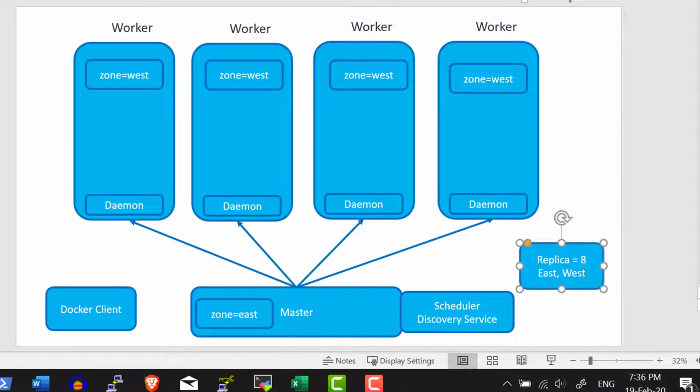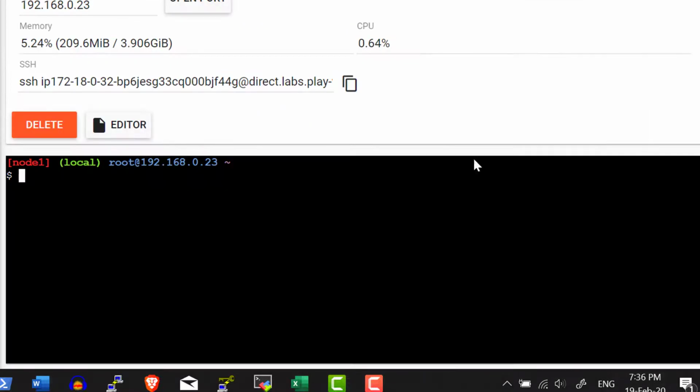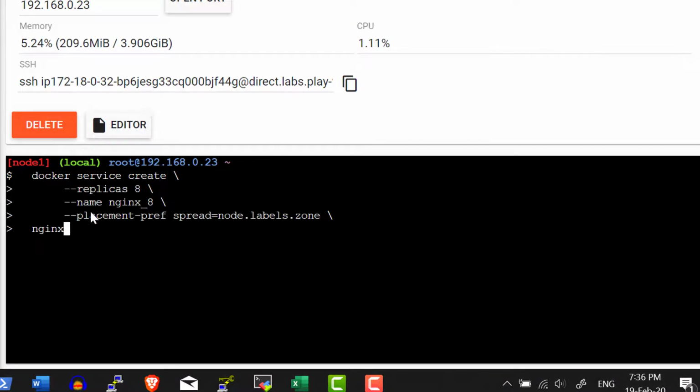Let's go ahead and create the service and see how it works. I'm going to create a service with replicas 8 and the placement preference, it should get spread across the label zone. So it's going to first identify how many distinct values are available for the zone.